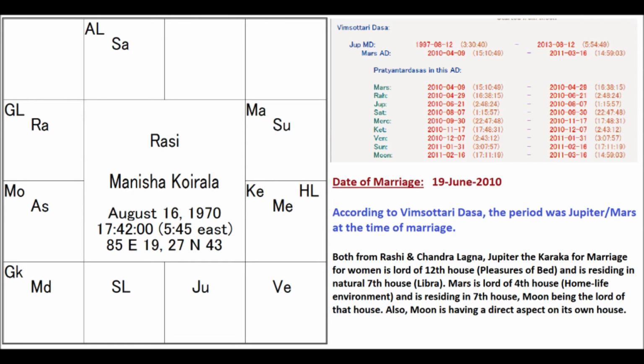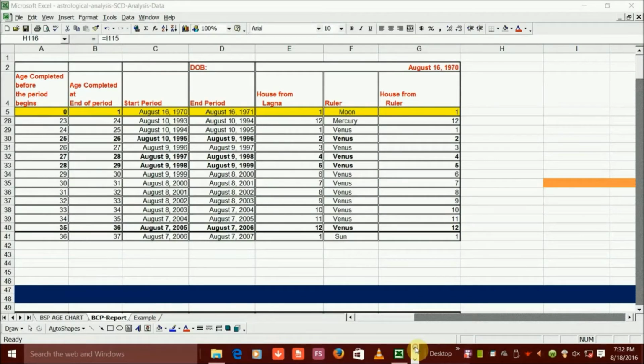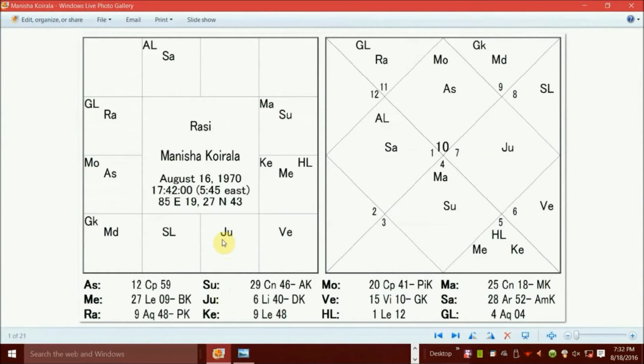Does that Dasa system cooperate for the native? Since this is an analysis, we are just trying to see what the Sudharshana Chakra Dasa is at the time of marriage. Now go back to the Sudharshana Chakra Dasa and see how to validate the date of marriage of